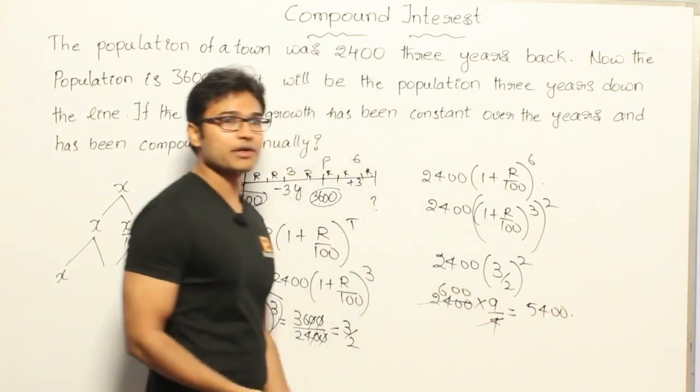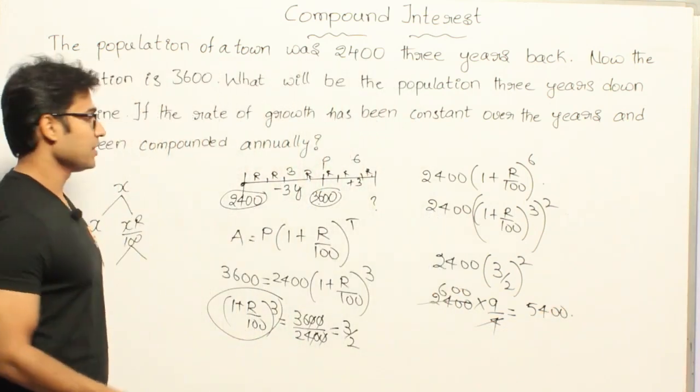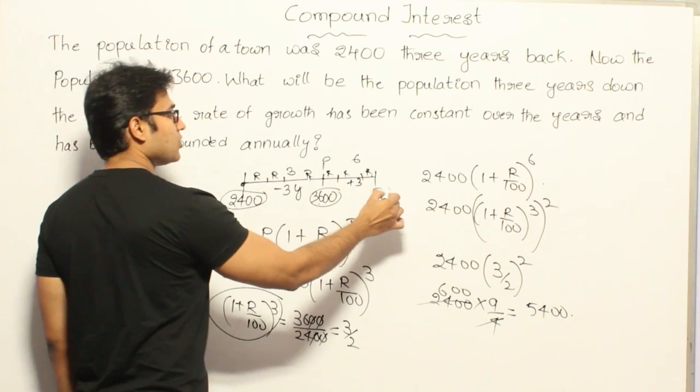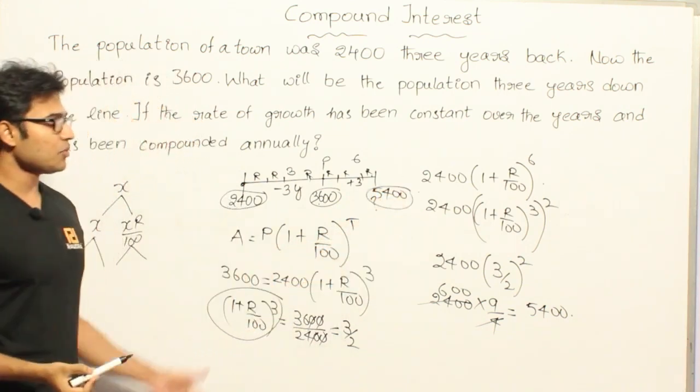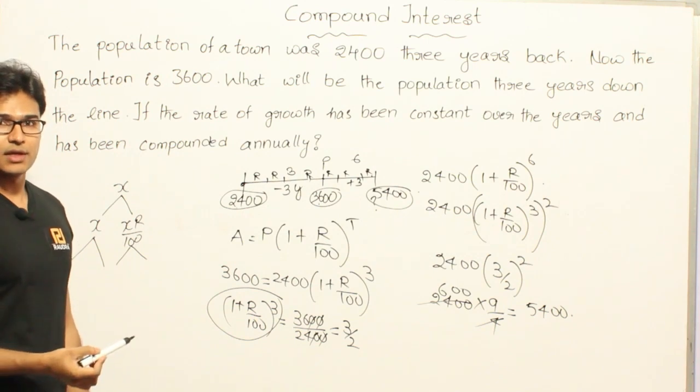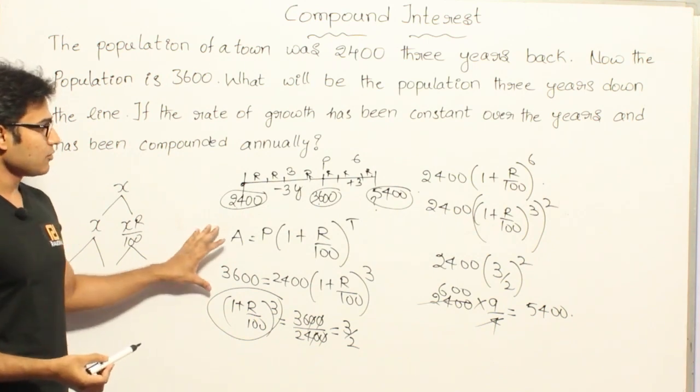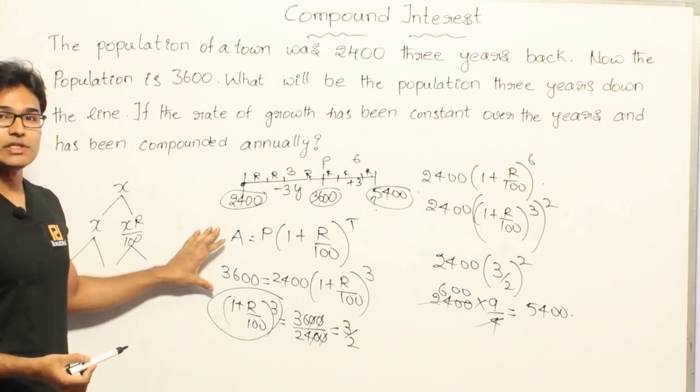So 5400 is the answer. Got it? So here it is going to be 5400. And also you can see that one more way of solving it is, if you see that the amount grows in GP,